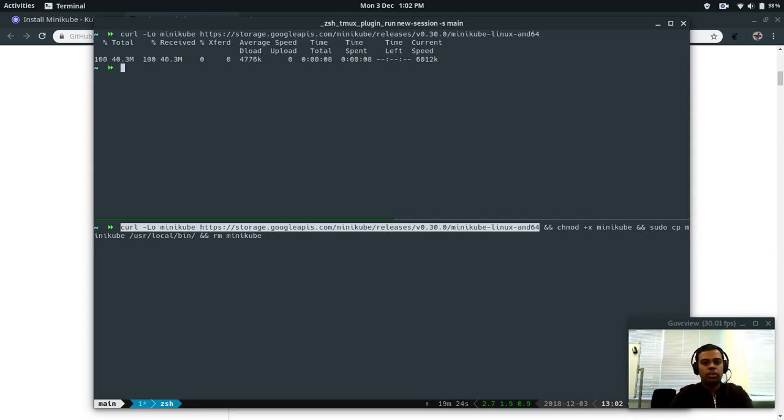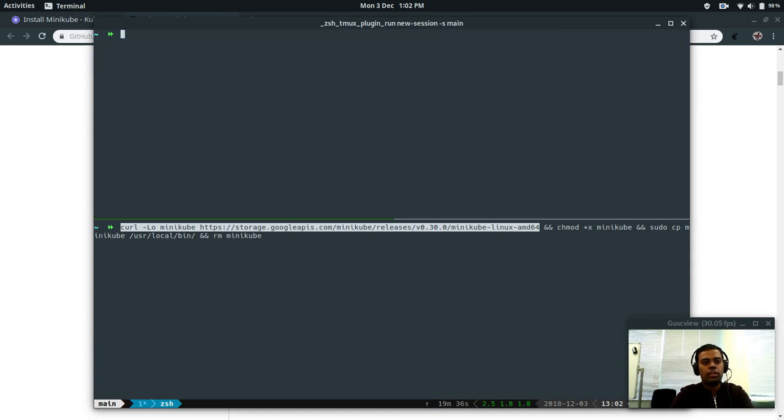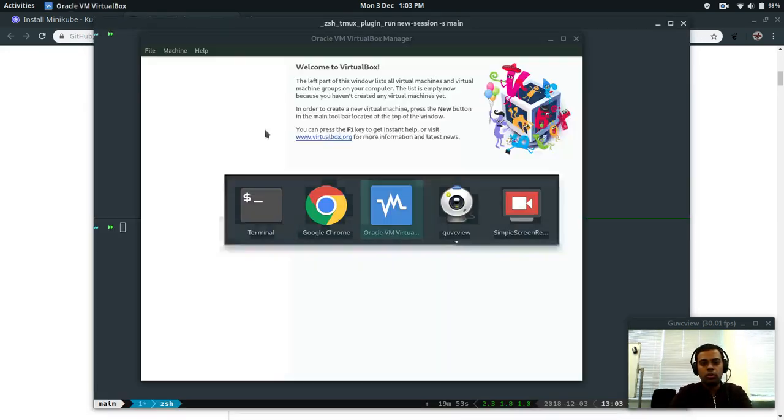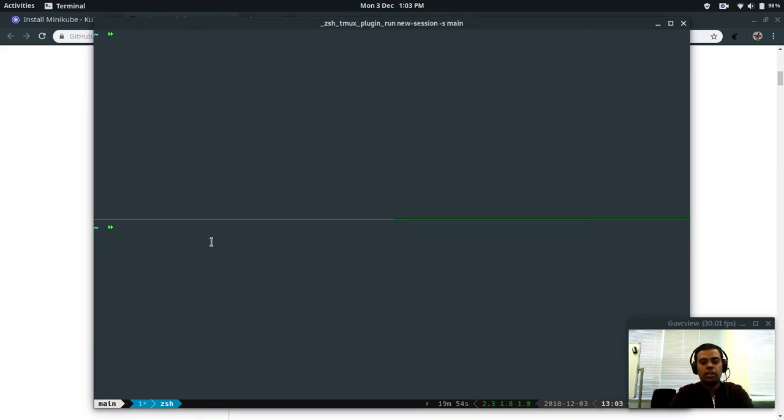Right, Minikube is downloaded, and it's in here. I'm going to change the permission, chmod +x minikube, and move it to /usr/local/bin. Right, that's it. And if I do minikube version, it is 0.30.0. Right, so now I don't have any virtual machine, and what you can do is minikube help to see